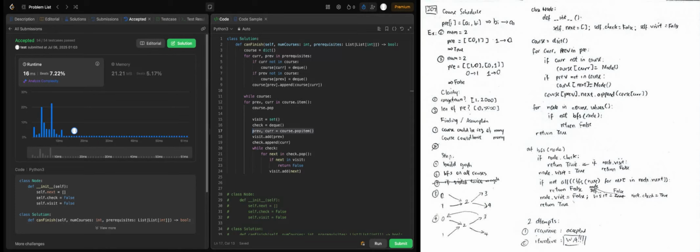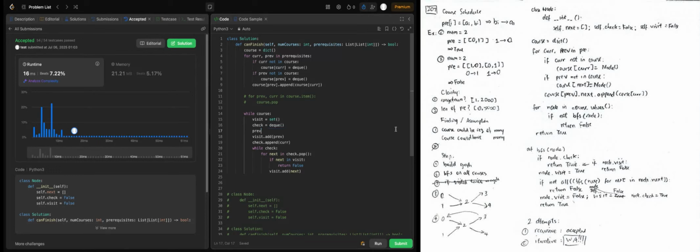Okay, let's just solve it. Okay, let's use a while, and then